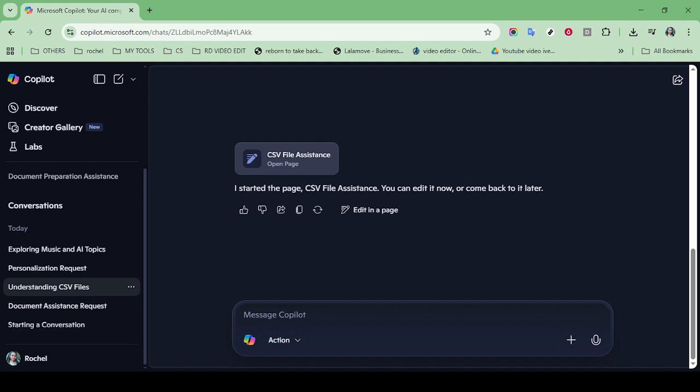Now comes the editing and customization phase. This part is crucial, as the draft from Copilot is a starting point rather than the finished product. Go through the draft carefully and adjust elements that don't fit perfectly with your message. You might need to tweak the introductory paragraph to make it more engaging or alter specific sentences to highlight certain